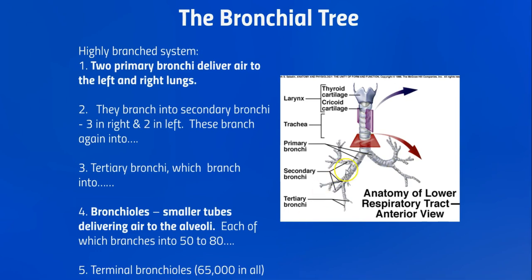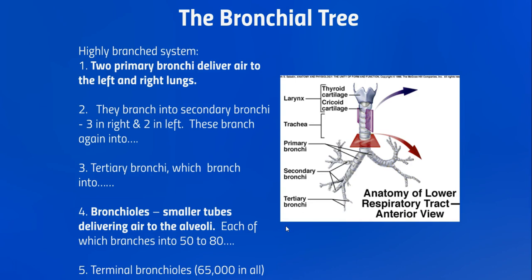So the bronchial tree starts here. We've got the two main divides, the left and right primary bronchi, and their job is simply to deliver air into the left and right lungs respectively. Now they actually branch into smaller branches here called secondary and then finally tertiary bronchi, so just smaller and smaller tubes, and then finally they'll branch a number of times into the bronchioles, which are very small tubes that deliver